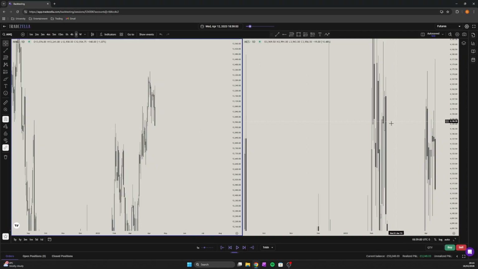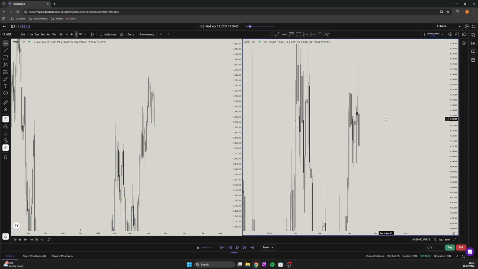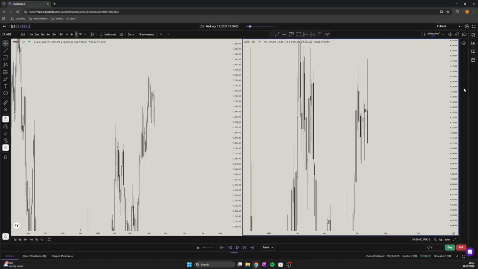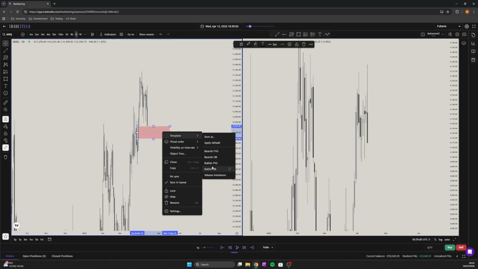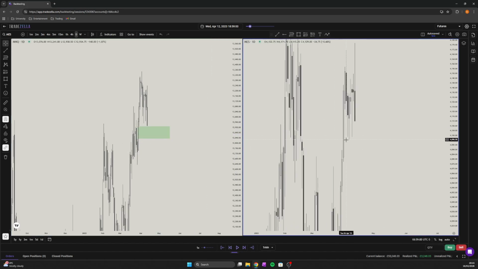Let's have a look at the daily. So what do we see? We see highs get swept, another high get swept, and we close below this candle. We have a sweep here, but we close below. Now we are really close to this daily bullish body gap. Super, super close. So this is a possible target.